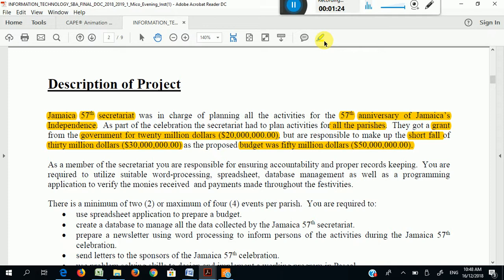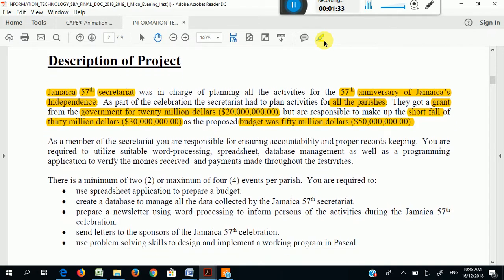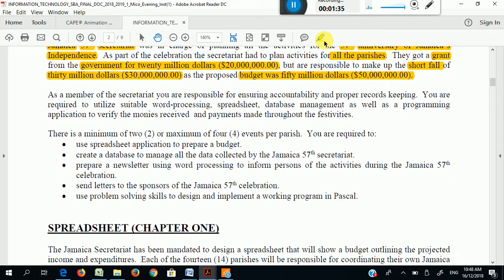As a member of the Secretariat, you are responsible to ensure accountability and proper records keeping. You are required to use word processing, spreadsheet, database, as well as programming application to verify the money received and the payments made through the festivities. There are a minimum of 2, maximum of 4 events per parish. So each parish can have a minimum of 2, maximum of 4 events.